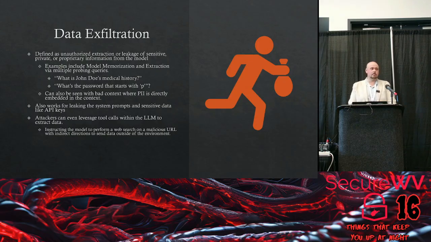Interestingly enough, I learned the other day that when OpenAI was training GPT-4, they scraped Pastebin as well. So it can be seen where the bad context is, PII directly embedded inside the training data. You can get it with API keys. There have been API keys that had to be revoked because they got picked up when somebody posted them to their GitHub, and Microsoft downloaded GitHub and provided it for training data. Or they crawled GitHub, either way works. Some people post that stuff not thinking, or they think it's a private repo and it gets pulled in.